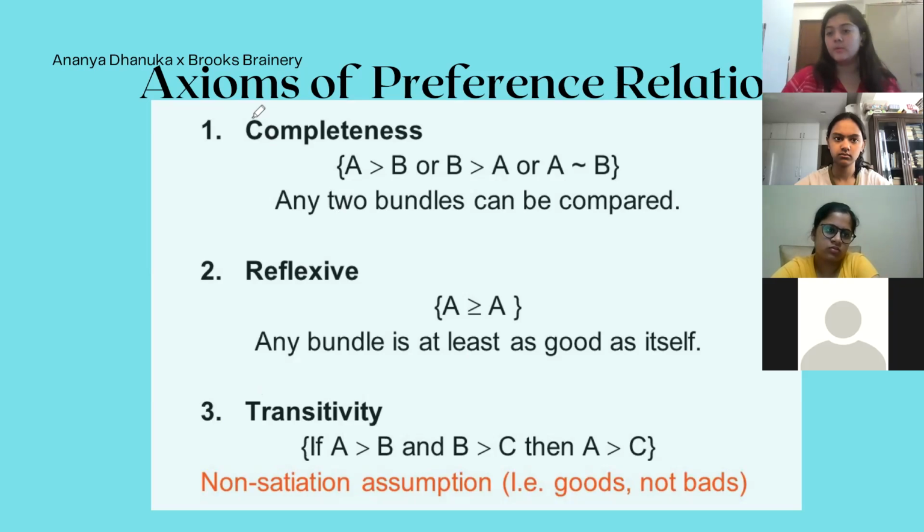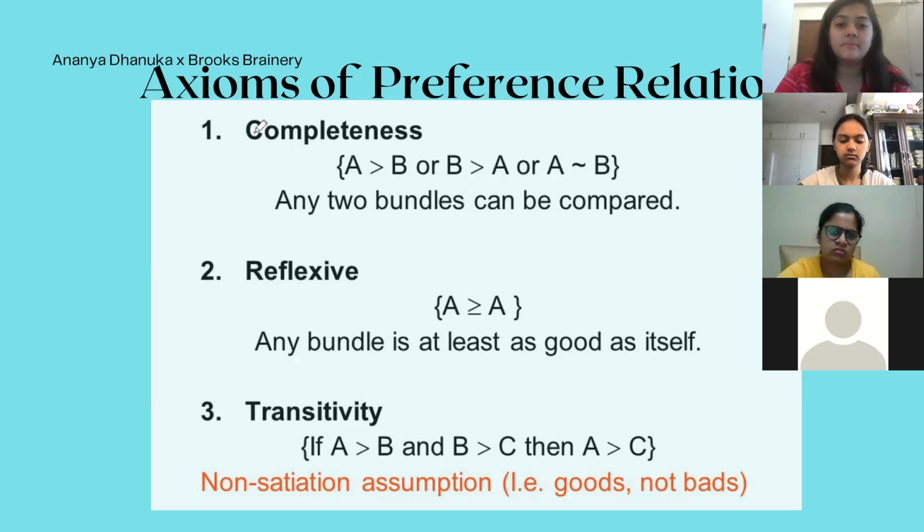So at college level, when you do microeconomics, if you choose to do it, these are also called axioms of preference bundling. As we spoke about, bundles are the commodities that you choose, and preferences are how you're choosing between different goods. So these are called axioms of preference bundling because they define the rules in which you can make preference bundles, and these rules should be followed by the bundles that are formulated.